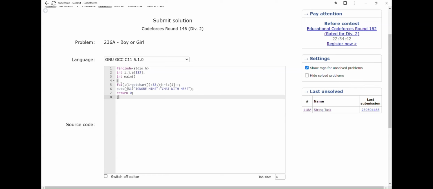First we have a for loop. The first part of the for loop is initialization, and here there is nothing, no initialization. The next is the condition, meaning for how much time the iteration will go on. Here it is given: I is equal to getchar, while it is greater than 32. I is equal to getchar means it will take the character. getchar is nothing but an input